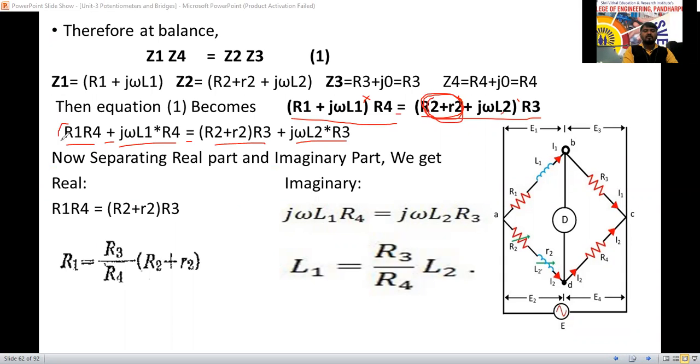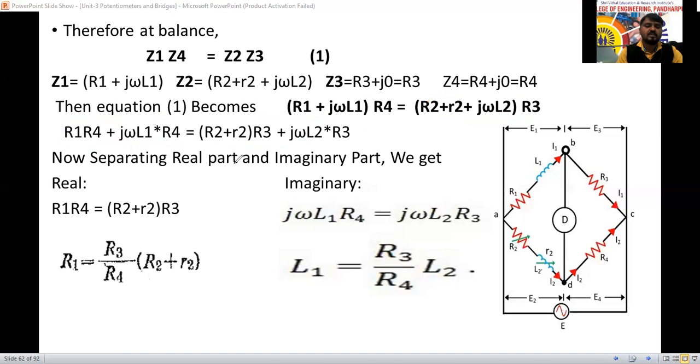From this complete equation, what we have to do: it has some real part and imaginary part. Where the j is there, j indicates the complex form, we call that the imaginary part. Where there is no j, that is called the real term, or active term. So now we have to separate the real part and imaginary part from this equation. We'll start the separation here now.